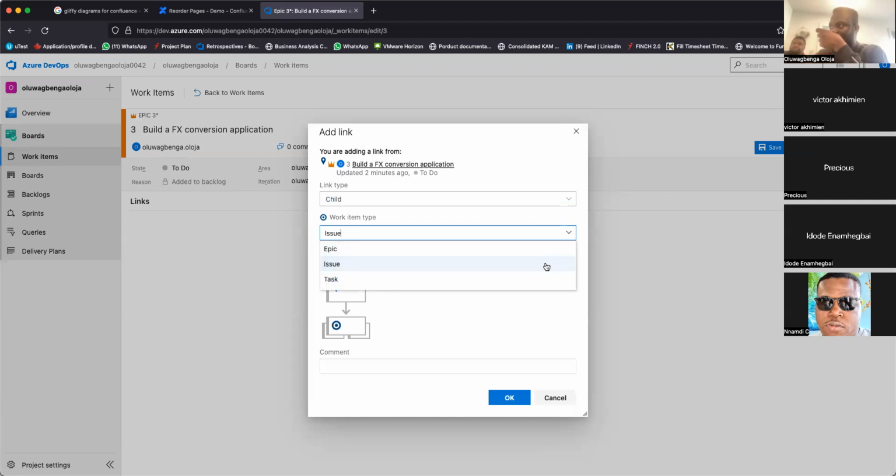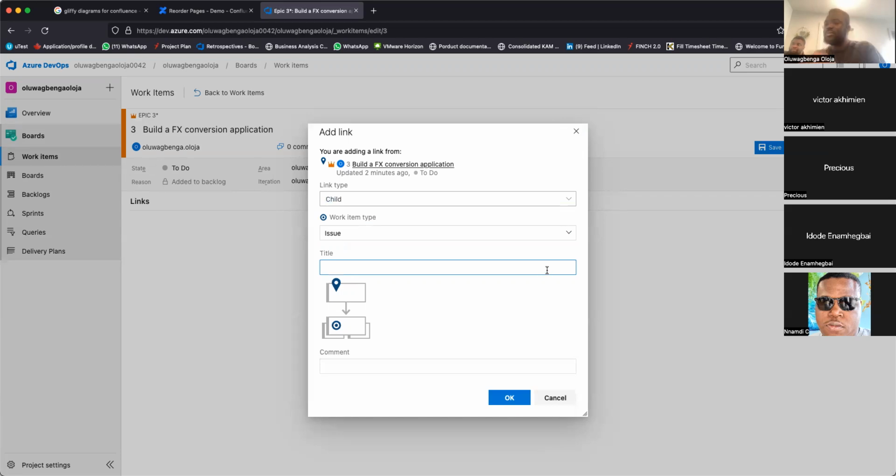Remember what I was saying before, when you are creating that project, you use the basic. That was why you got that. If you had chosen Scrum or Agile, then that would have made a difference.